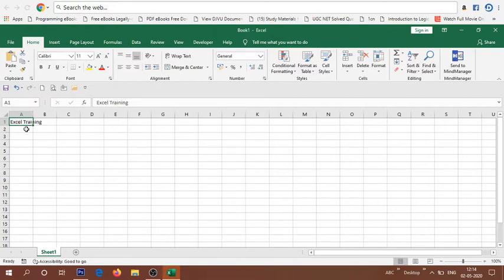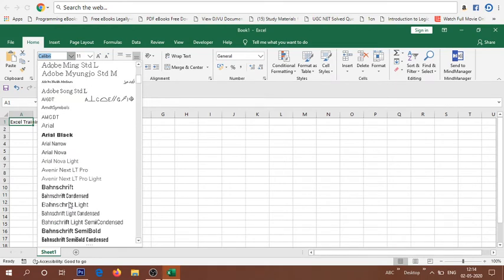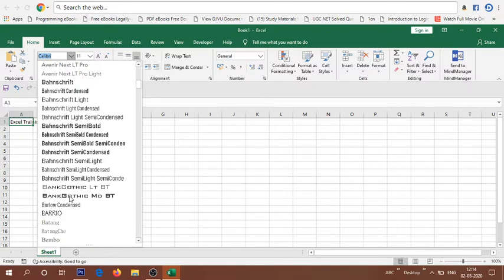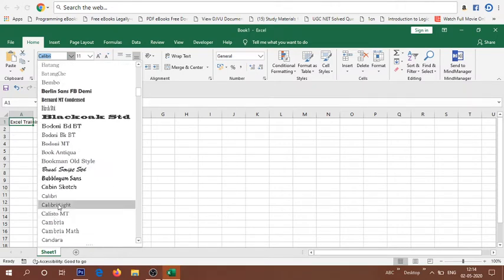If you want to change this into a different style, you can click the drop down menu. You can see the V-shape button here. Click this, and you can see a drop down menu. Now you can change the style of the font. Suppose I want to change my font style to, let me see, Bubblegum Sans.